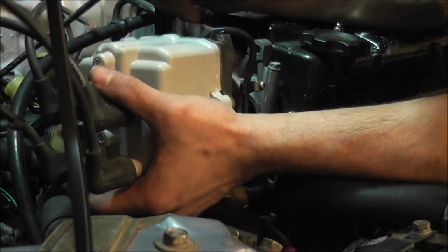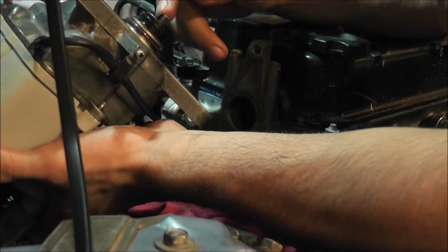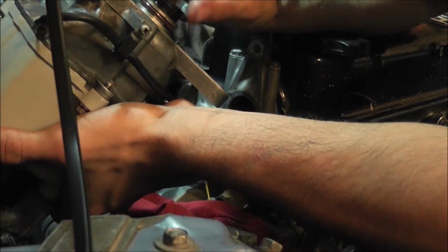So when you're reinstalling this, you want to make sure on the inside there that these little guides line up. And there's even, if you look on the old one compared to the new one,